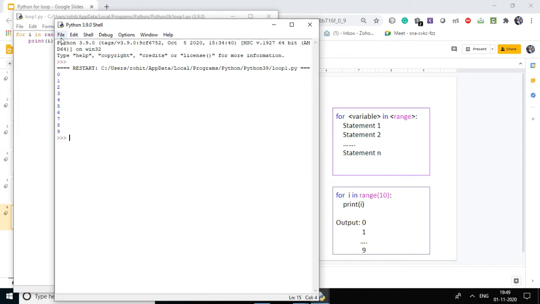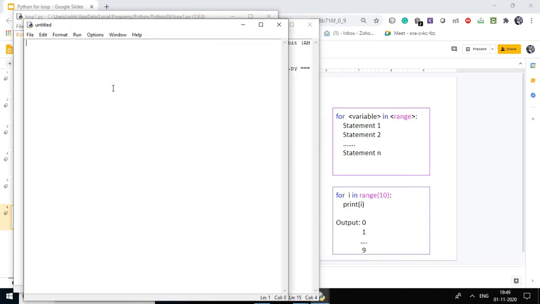So again go to File, then New File. Here the new file is there. In this example we will go with the multiplication table of 2. So to do that, first write a equals 2 and then press enter. After that write for i in range, and in brackets we will go with 1 and we will go till